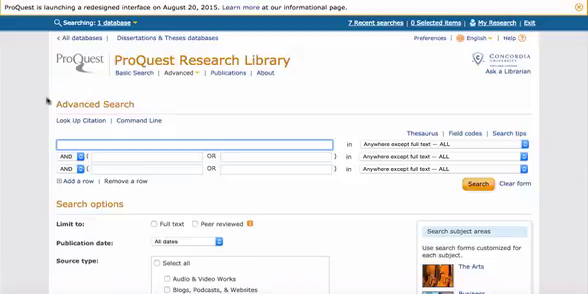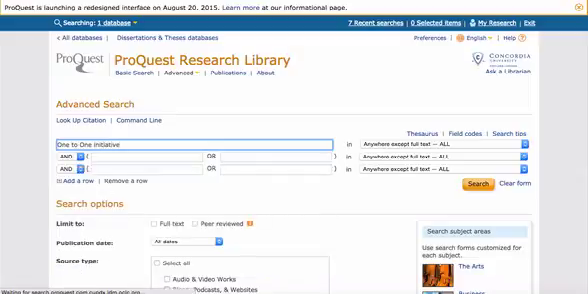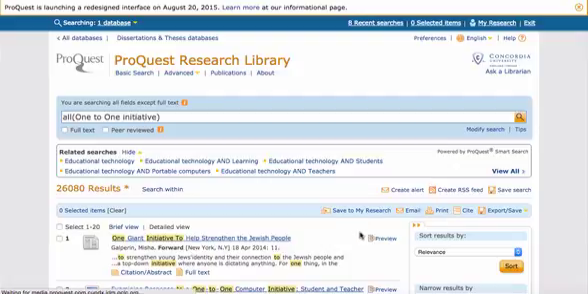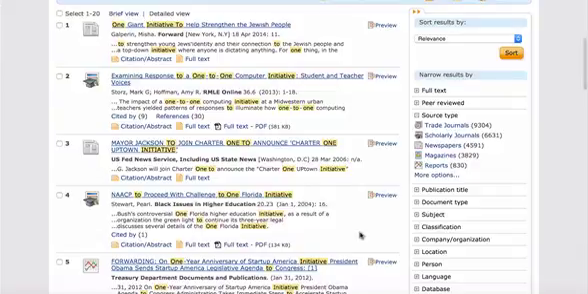So I encourage you to go here, if you haven't already finished your research for your paper, and put in your topic, for example, one-to-one initiatives. And you just hit search, and then you'll see there's a variety. And what you really want to look for are ones that have this icon, because that's going to tell you right away that it's a scholarly journal,